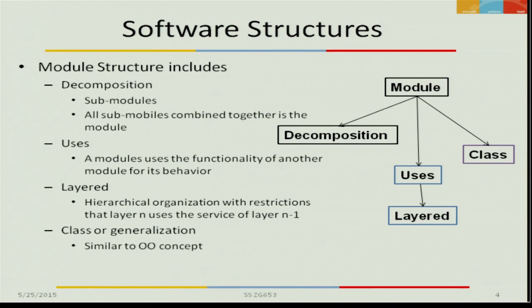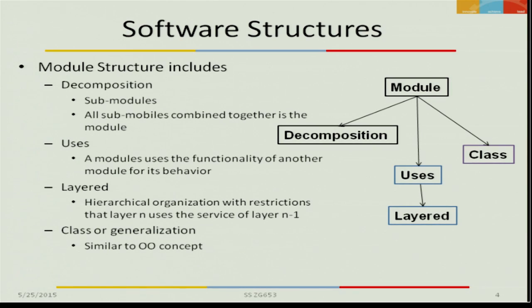Layered means that modules can be hierarchically organized, one on top of another. So in a given layer there could be a set of modules. If you recall the architecture diagram that I had shown for both the Windows operating system as well as the Android operating system, you would have seen that the modules are organized in layers. So the layering is basically